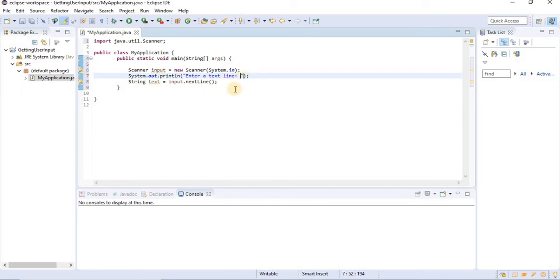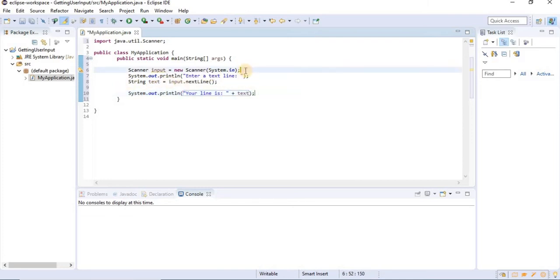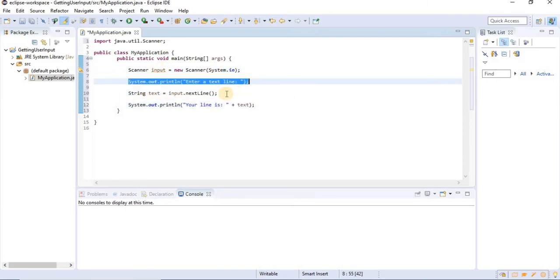And by line I mean that the user can write 0 or more characters, but they must hit the return key, and that's the definition of a line. And once I've got the line, I'm gonna say sysout your line is plus text. So here we've put our string variable. At this line right here, we're telling the user what to do. Right here, we wait for their input, so we wait for their line,